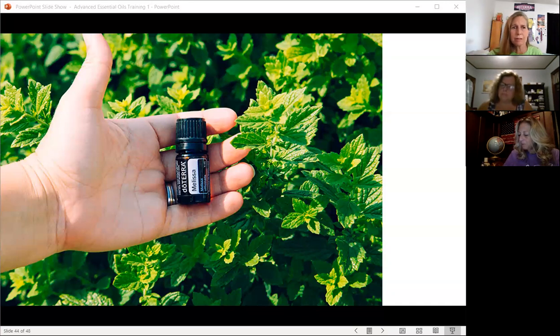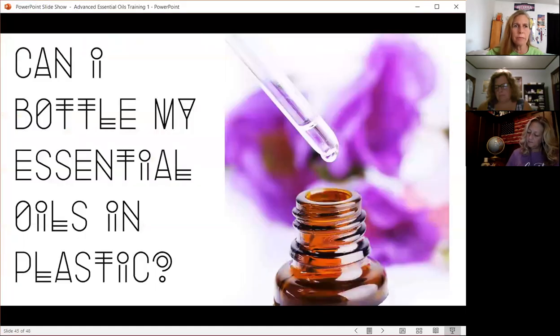They're sold in big old jugs where you can buy these chemicals anywhere, right? So you can get a hold of these things if you wanted to do this. If you want to synthesize your own essential oils, but those would not work the way we expect our doTERRA oils to work and the way we've gotten used to, right? So